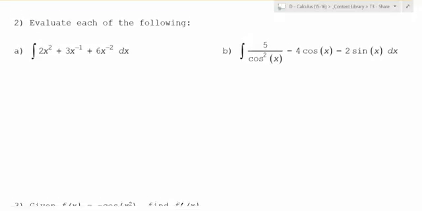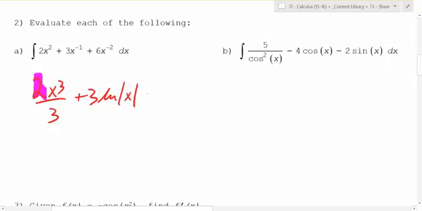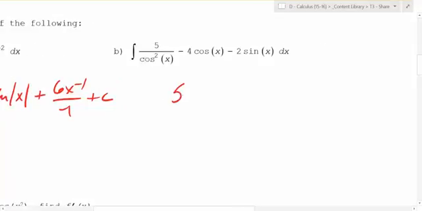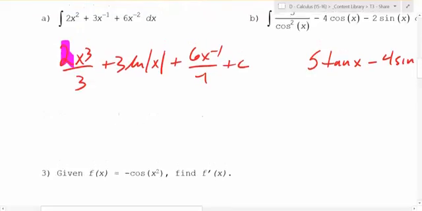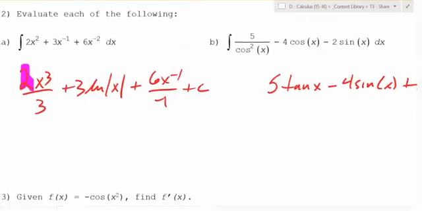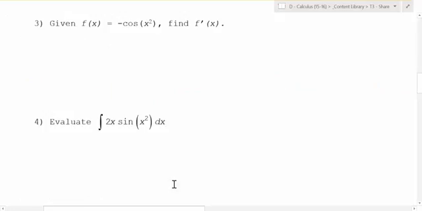Yeah, so this one right here, what do you get here? 2x cubed over, right? Plus 3 ln of absolute value of x plus 6x to the negative 1 over plus c. What about this one? 5 tangent x minus 4 sine x plus 2 cosine x plus c. You're good with those? The first one you have to be really careful because you have to remember that